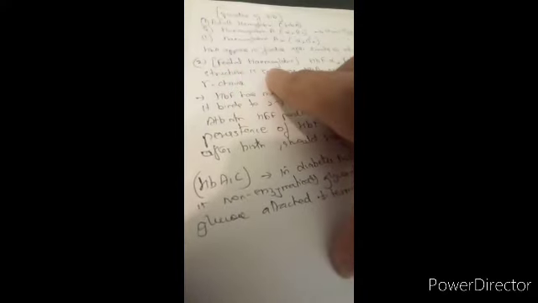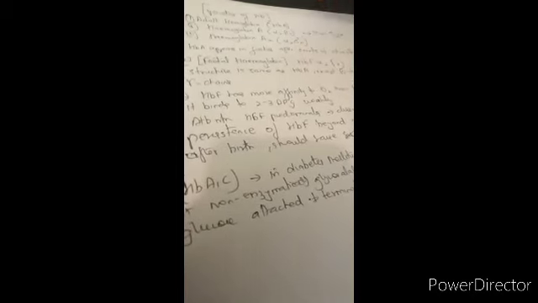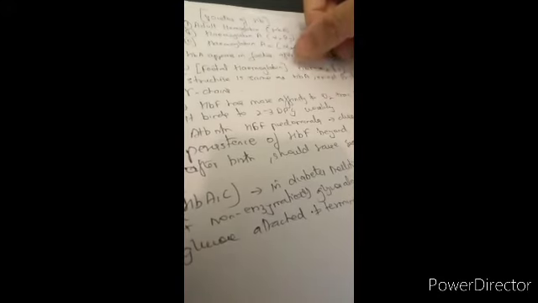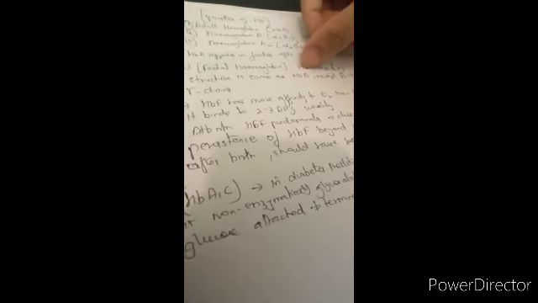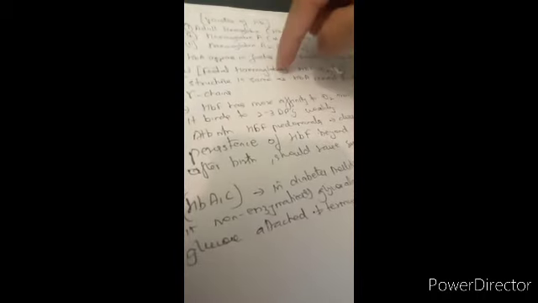So fetal hemoglobin is HbF. Whenever you hear HbF anywhere, I want you to remember this: Hb is hemoglobin, and F is fetal. Alpha 2, just like everyone has alpha 2, here also alpha 2, and there is gamma 2. There are different chains here, gamma chains. The structure is the same as HbA except that beta chains are replaced with gamma chains.